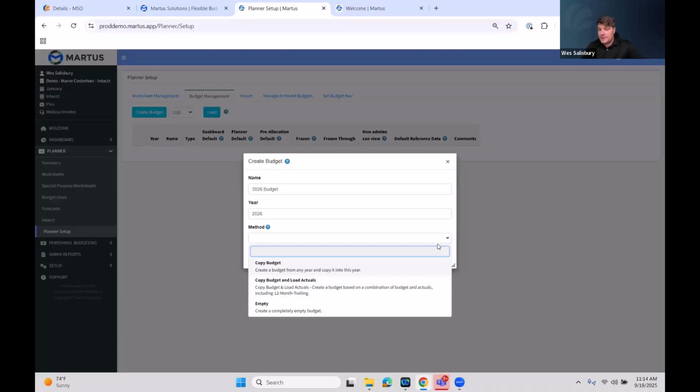And we have a few different methods that we can pick here. We can copy a budget from a prior year and just take the budget numbers and copy them over. You can also copy budget and actuals and create a new budget. This is where you take a prior year budget, but you also take prior year actuals, and the prior year actuals overwrite the budgeted numbers. So let's say we're working on a calendar year here. I could select the one that says copy budget and load actuals, and the budget that gets copied over is going to be